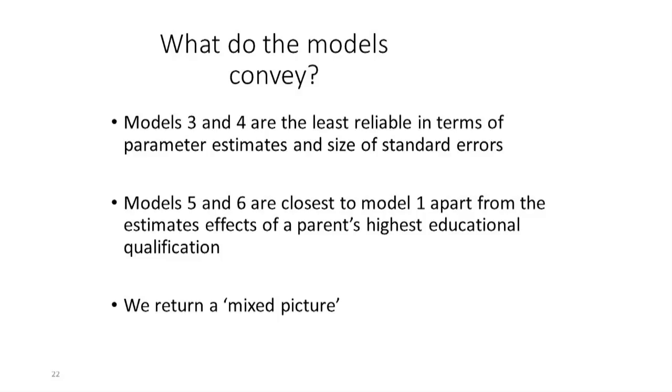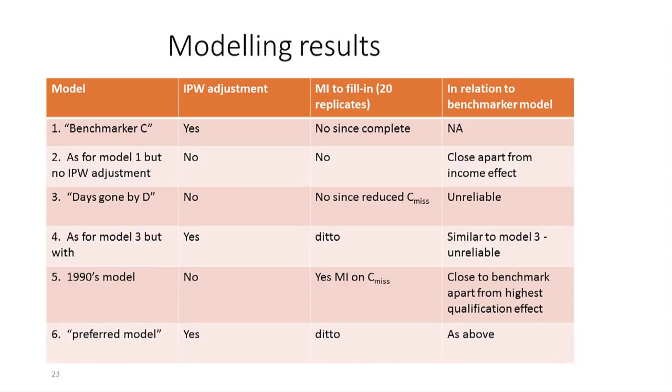As we'd hope, the preferred model and its version without a weight were the best performing models, but they weren't mapping on to the benchmark model. So we return a mixed picture. This is not foolproof, this is not the gold standard, but it's certainly an improvement on listwise deletion or using weights alone. So just to sum up,